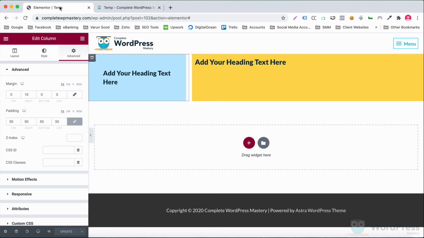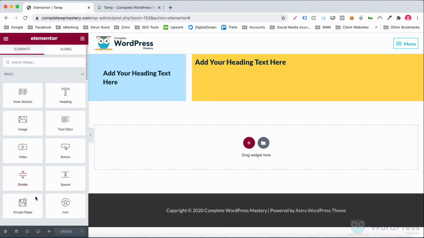When we start designing the pages of our website, we'll make use of several widgets like images, text editors, buttons and so on. Please take some time to play around with these different widgets, create sections, columns and place widgets inside them. Tweak their settings and preview the changes. It is very important to familiarize yourself with the anatomy of an Elementor page. You should have a sound understanding of the different building blocks like sections, columns and widgets. And the best way to do that is to play around with these.